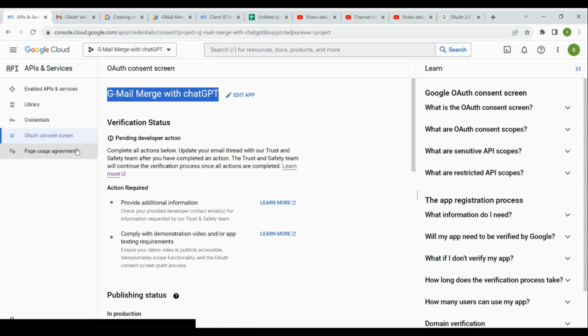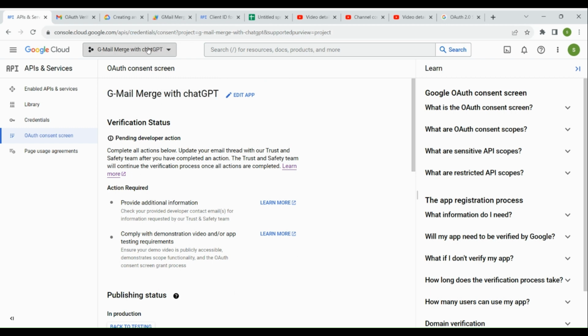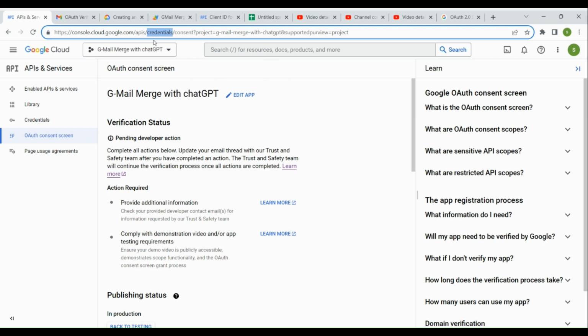URL. So here, for the client ID, since my project, my app, is an add-on and it is not yet published, this is how I can validate the client ID. So this is the OAuth screen for my application, which is an add-on. Now, if you look at the URL here,